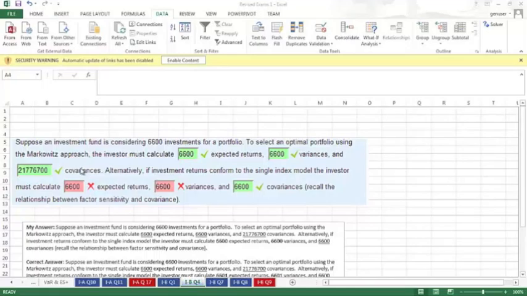However, for the covariances, I calculated this number by taking the quantity of n squared, where n in this case is 6,600. So I took the quantity of n squared minus n and divided that number by 2. And so